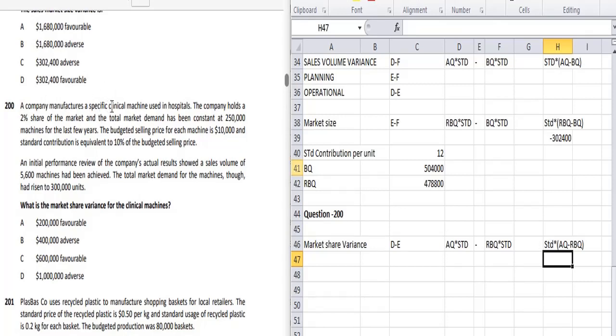A company manufactures a special clinical machine used in the hospital, and the company holds 2% of the market. Means currently the company is holding a 2% share of the market, and total market demand has been constant, means it's 250,000 machines for the last few years, and the budgeted selling price for each machine is 10,000. And the standard contribution is equivalent to 10% of the budgeted selling price. So we got to know the standard contribution,